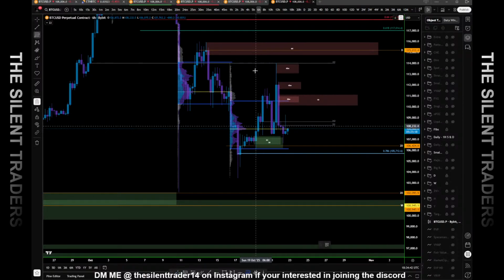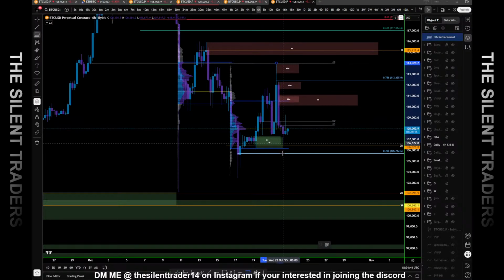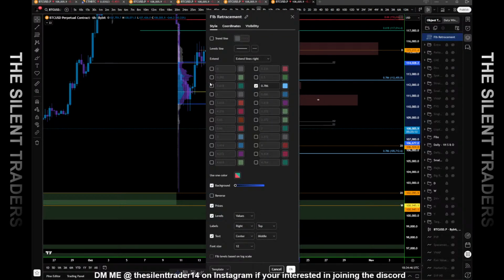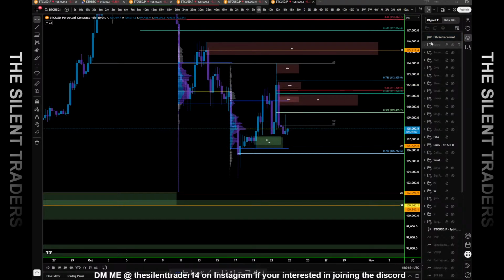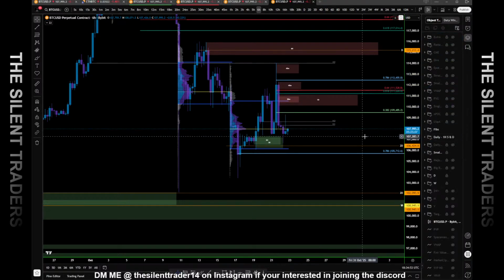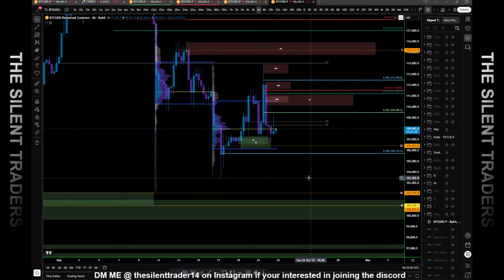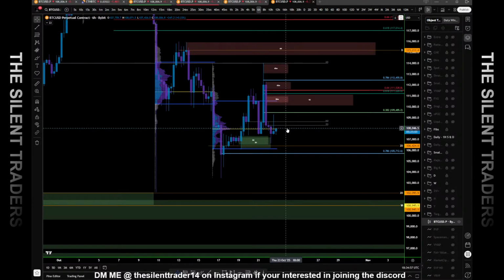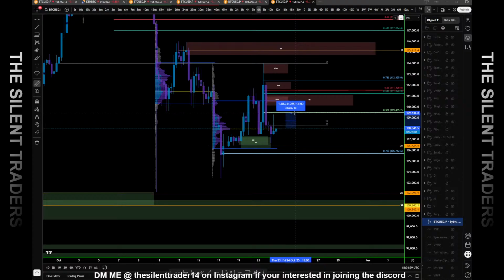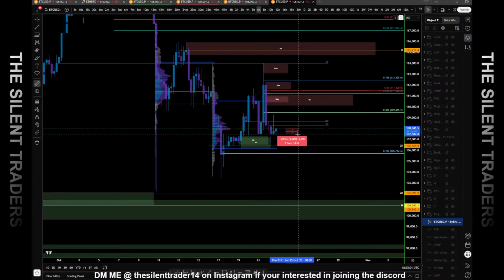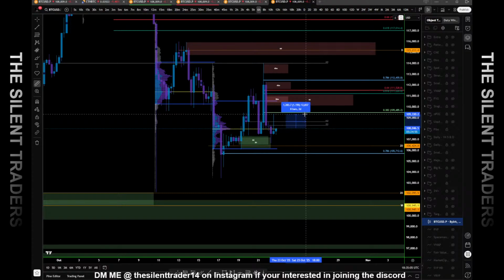If we start to pump, you can also pull a fib from the high to the low here, which we'll put on the chart. Again, this looks like a lot, but you need to remember we're on the 6-hour chart. So this is a 1% pump from here. This would be a 1.5% dump just to the first target. So these are still big moves,